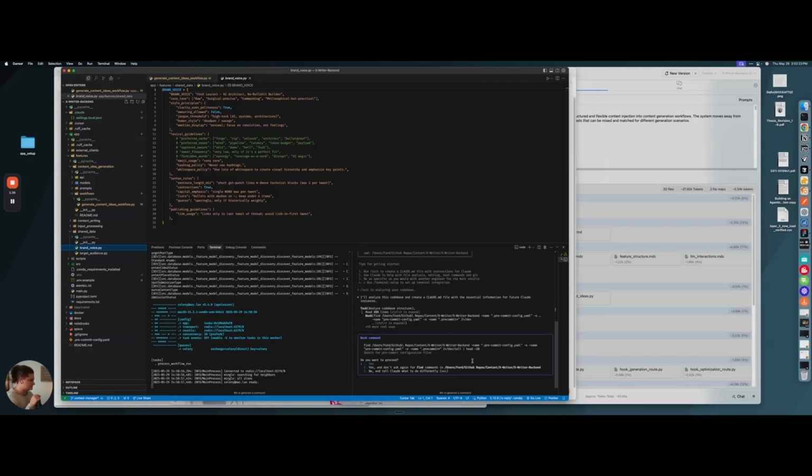Let's see. Yeah, it looks like I'm setting up Claude Code right here. Yes, and don't ask again for find commands. Awesome. Sorry, the cat is walking around. He's hanging out. So, while that is running,